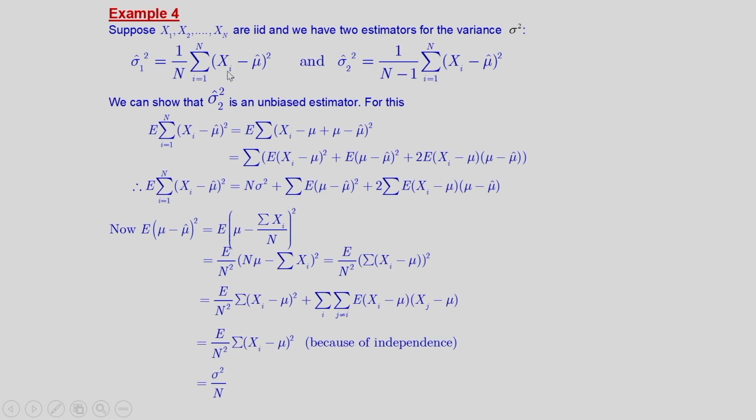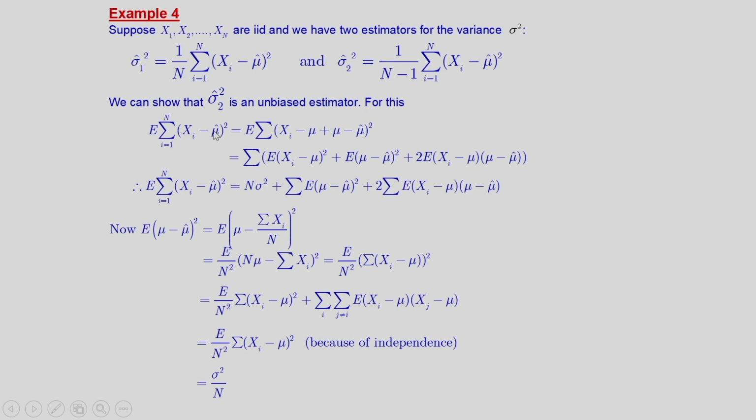The second estimator is the same summation, but the scaling is 1 by n minus 1 instead of 1 by n. So we have two estimators, sigma 1 hat square and sigma 2 hat square. We can show that sigma 2 hat square is an unbiased estimator, but sigma 1 hat square is not an unbiased estimator. For this, we will consider what is